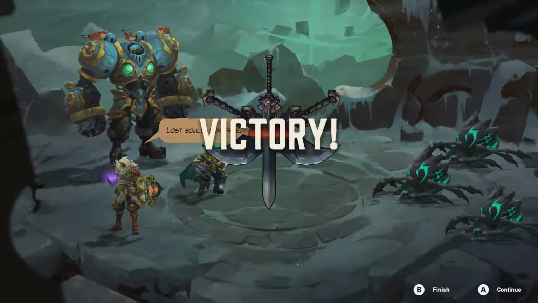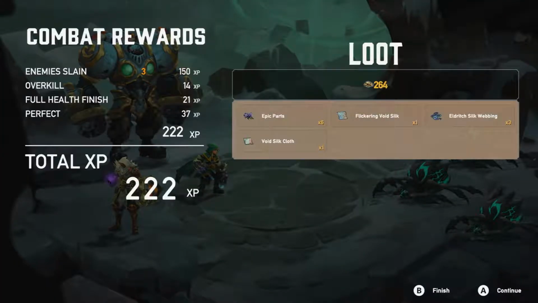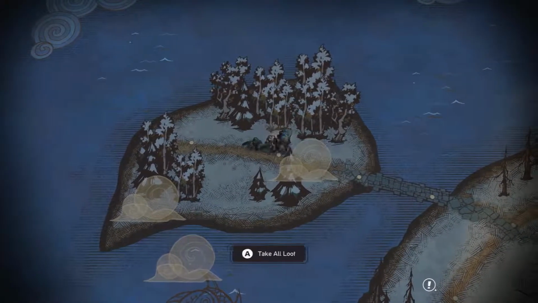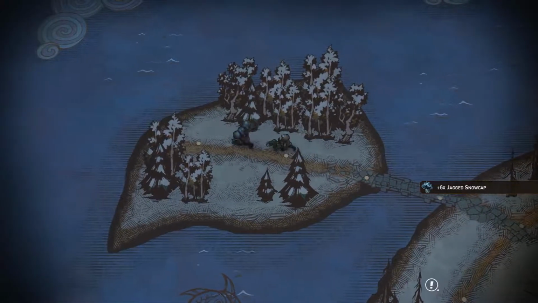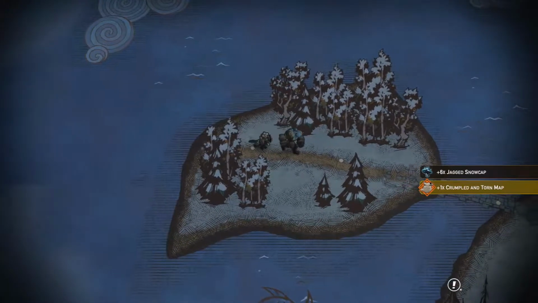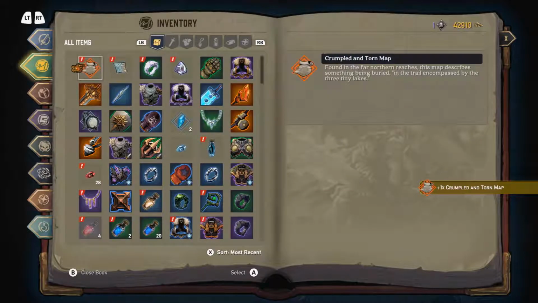Oh, geez, so much healing at the end of battle. We're not going to run out of life anytime soon. Don't have to rely on healing items, don't have to do squat. So let's grab that. Let's see. It should be... Let's dig it up. Crumpled and Torn map. That's going to give us...